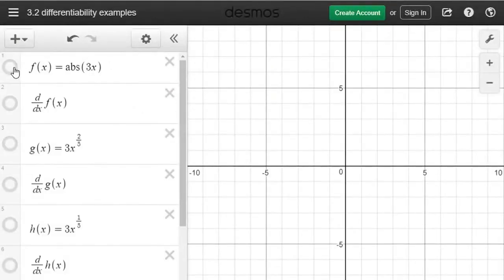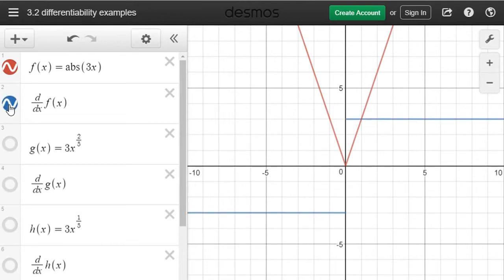So if we look at the graph of the absolute value of 3x, it's a V, so you can clearly see that there's a corner. That is not continuous at the point 0. It's continuous otherwise, or it's not differentiable at point 0, my fault. Not differentiable at point 0. It's continuous everywhere. Not differentiable at point 0 because if we look at the derivative of this function, the derivative